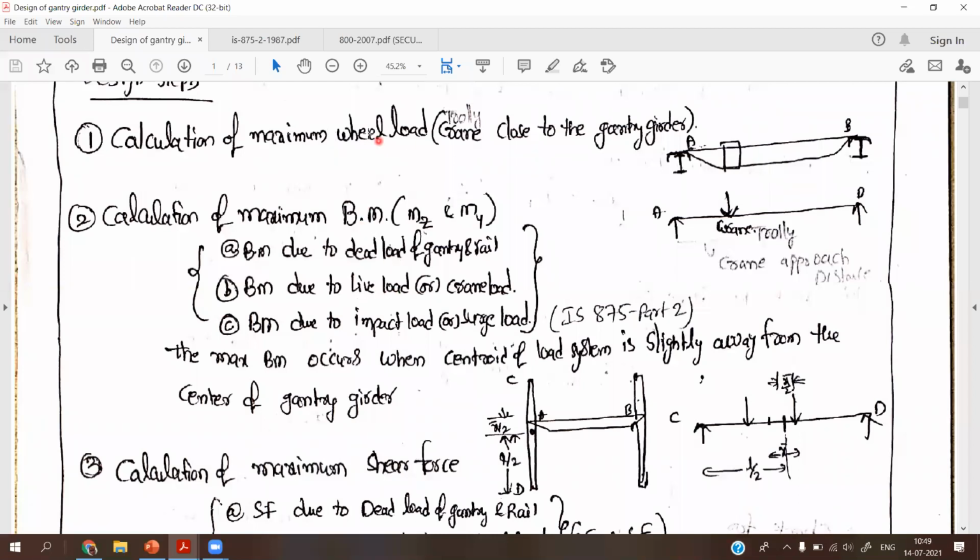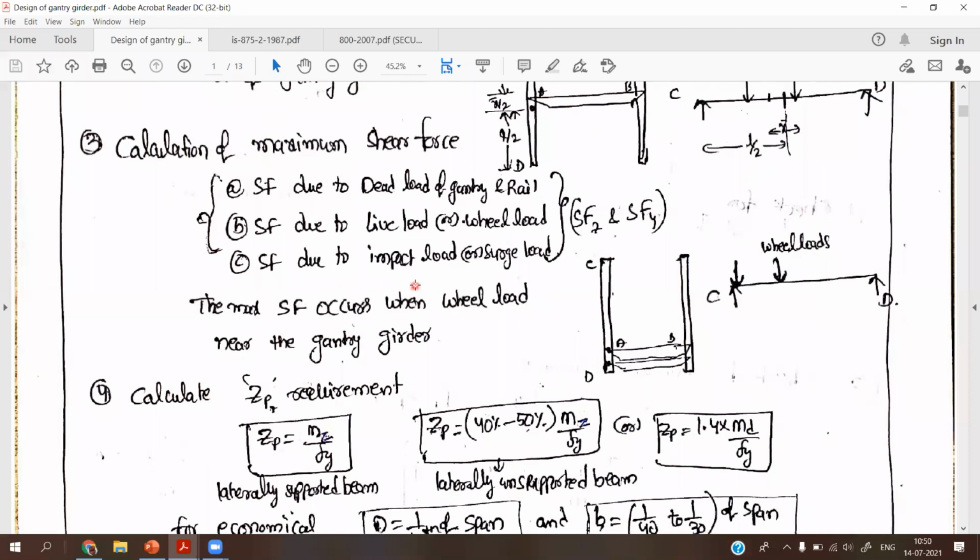The wheel load is considered as a live load because it is moving along the crane girder, so it is not at a particular position. That's why we can take the trolley load or crane capacity, commonly called a live load. With this condition, the wheel load may be taken as a live load.